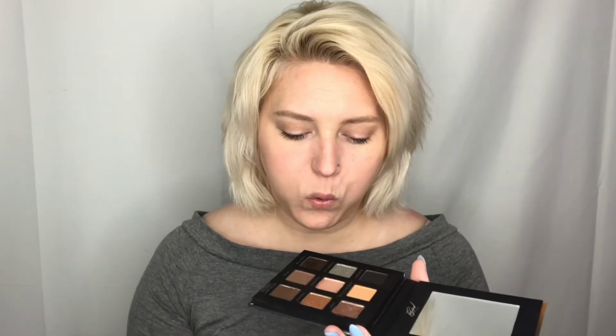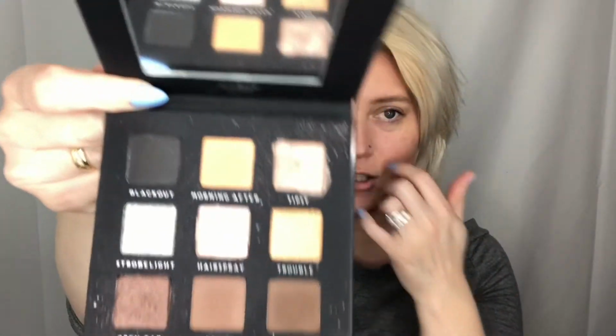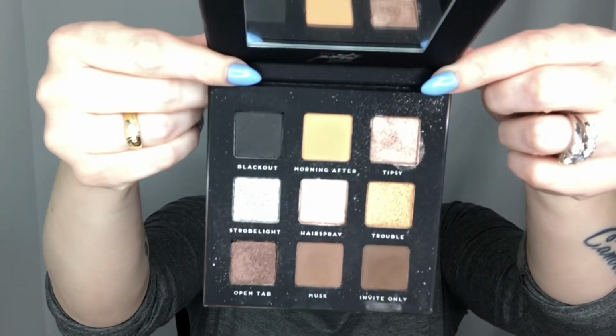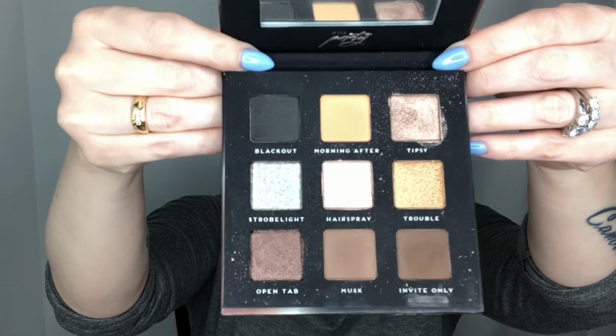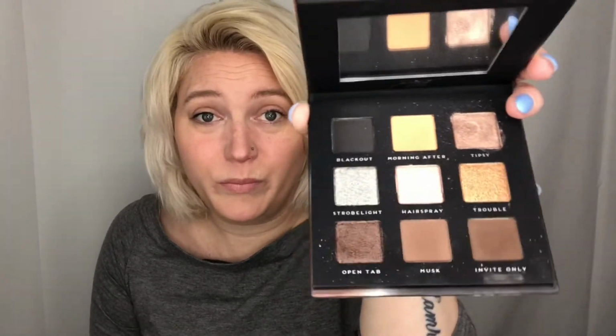And the last but not least, After Party. This palette, I think this might be my favorite palette out of all of them. I know, it's stupid, right? Because they're all such neutral colors. But the thing with neutral colors is they never go out of style. Ever. So this is a palette that will be in style